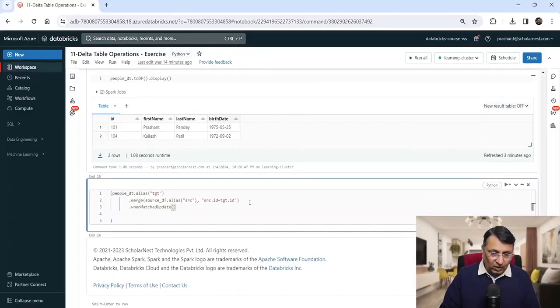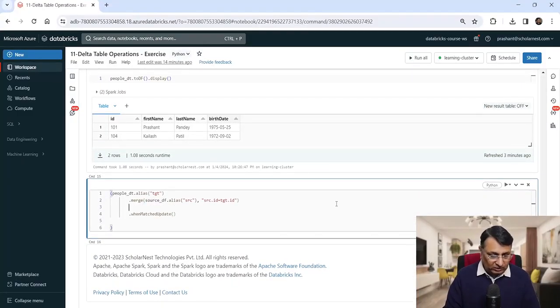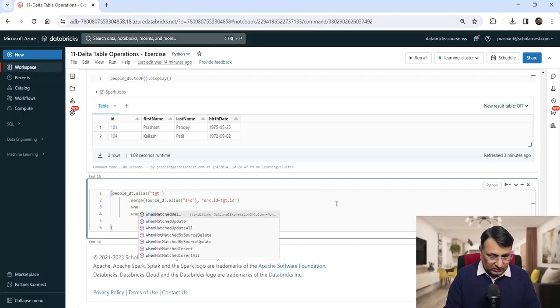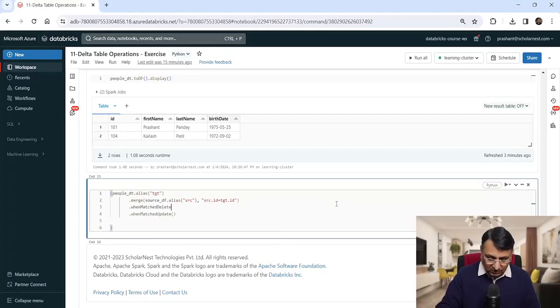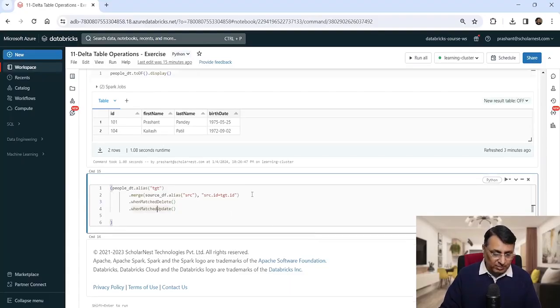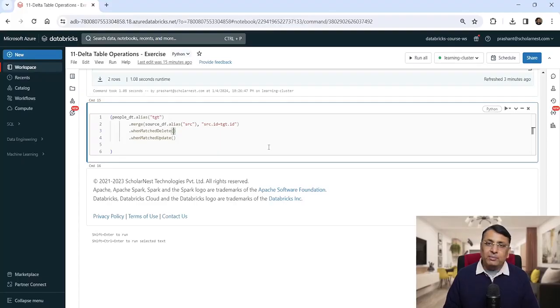Or you can do when matched delete also. So let's say when matched delete, and we want to do one matched update also. So when matched delete, and we want to give some additional condition. It's not like that when matched delete, so we don't want to delete everything which is matched. We want to see when records are matched, we want to give some additional condition. If that condition is also true, then only delete it. So you can give that condition here in the